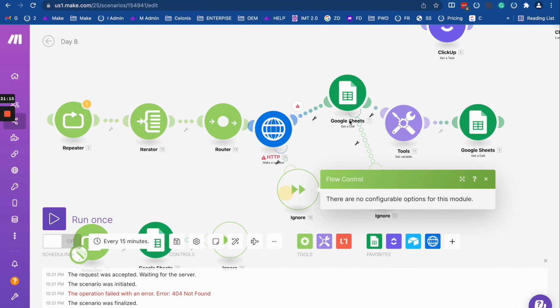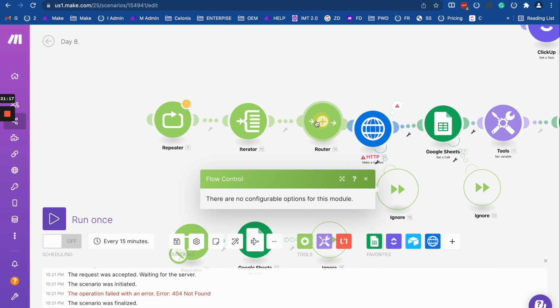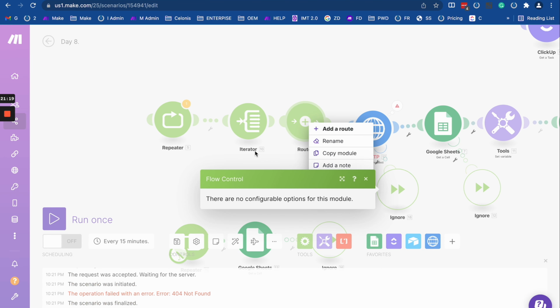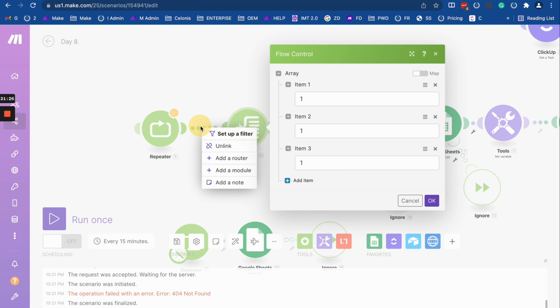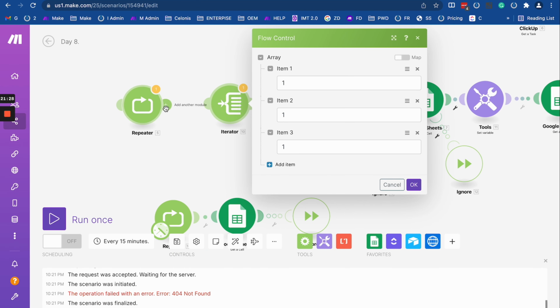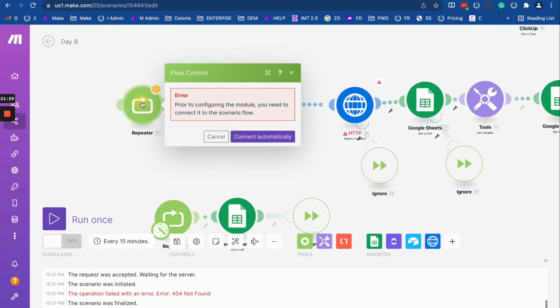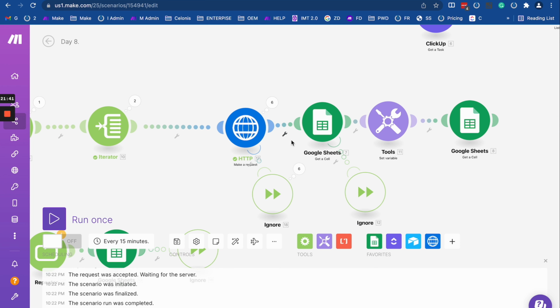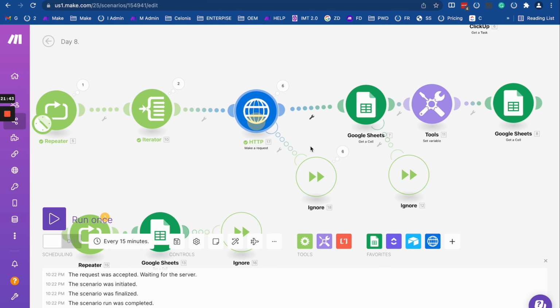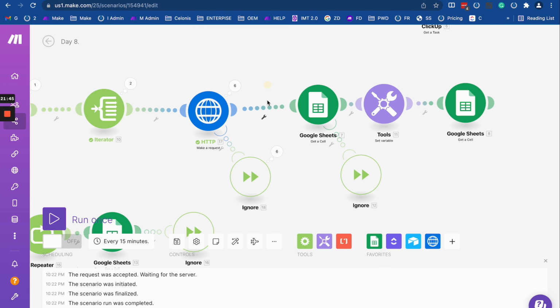So ignore this guy, and we don't need the router. Okay, so the iterator will produce us 3 bundles. And we will set 2 of them, right? So 2 repeats, wonderful. So let's try to run it to see what exactly will happen. Okay, so as you can see, none of our bundles pass through